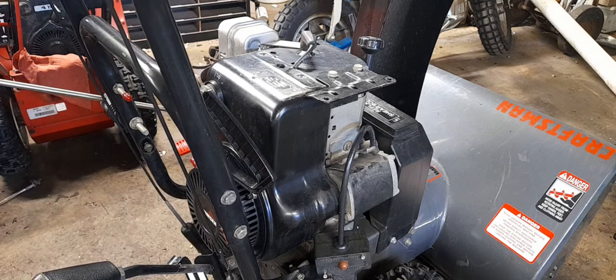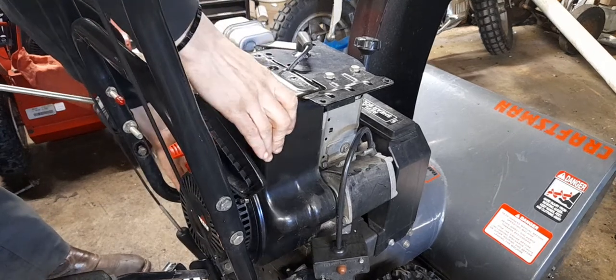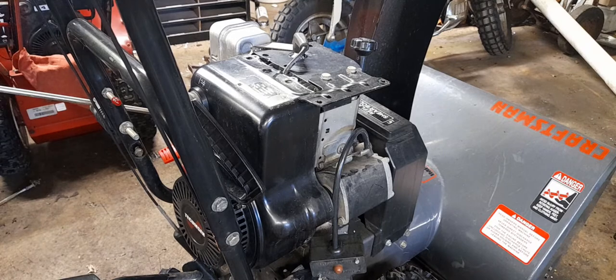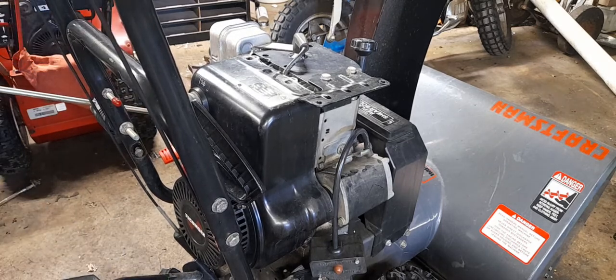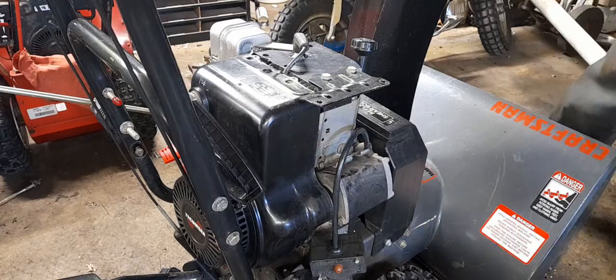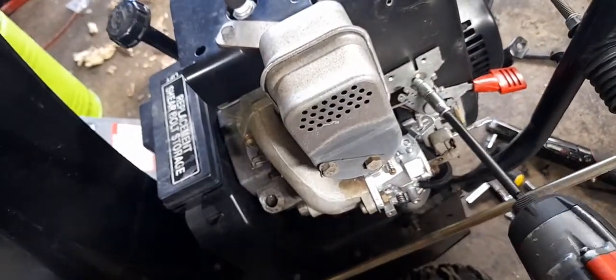And now there's a linkage still attached over here, which looks to be quarter inch, and/or possibly 6 or 7mm. Nope, 1/4 inch will do it. So now that you got that, drop that socket off, and come over here real quick and show you that there's a 1/4 inch here,